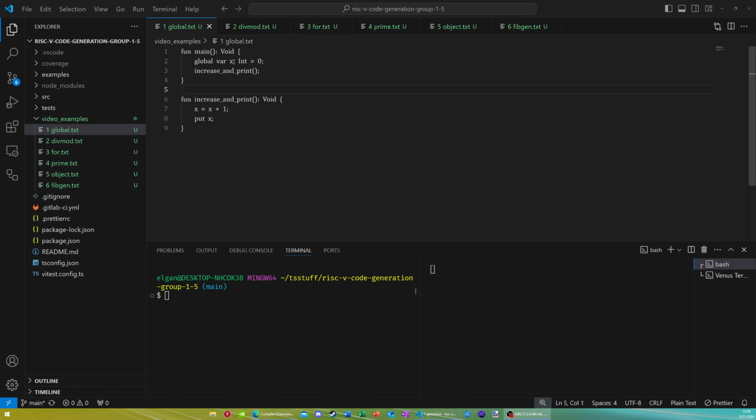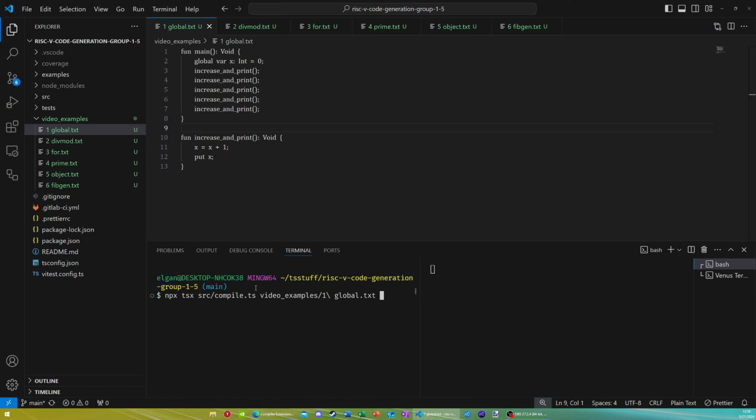So we have a global variable x declared on line 2, and we have a separate function that changes the value of x and prints it out. So by calling this function, it'll operate on this x variable even though it's declared in a different scope. And if I create a few more of these, every time it's called, it'll increase the number printed out. So we should see the numbers from 1 through 5 printed out. So if I compile it